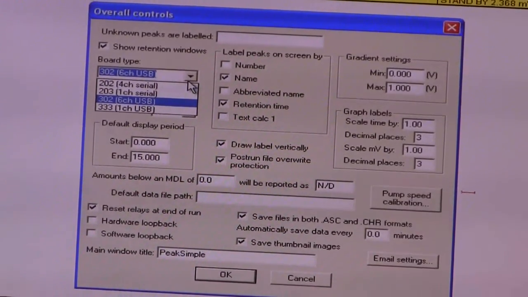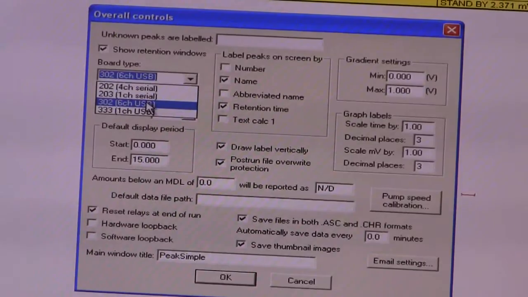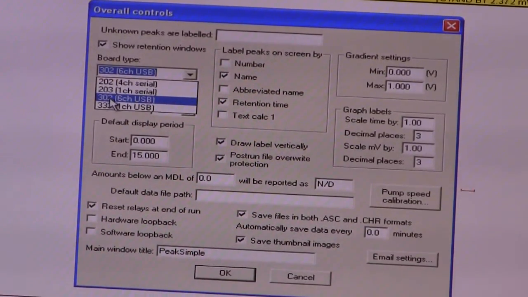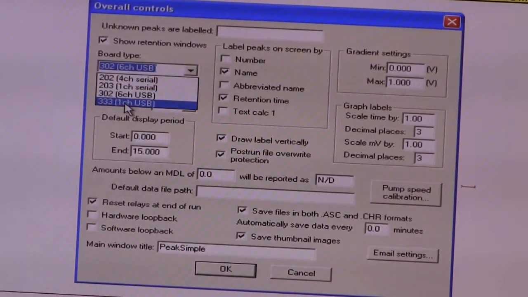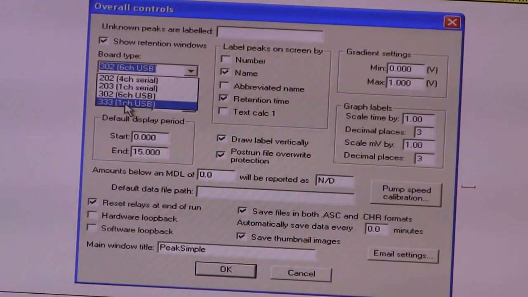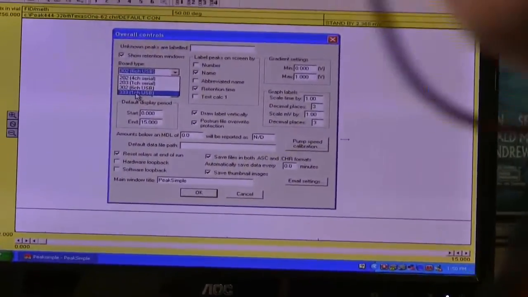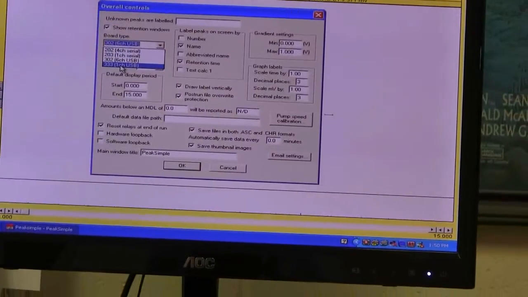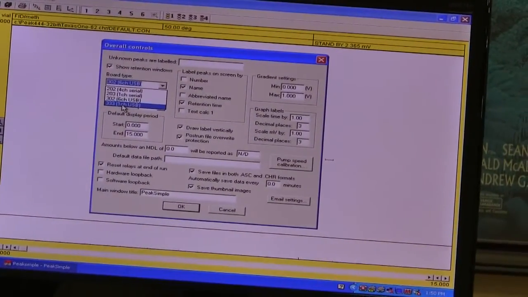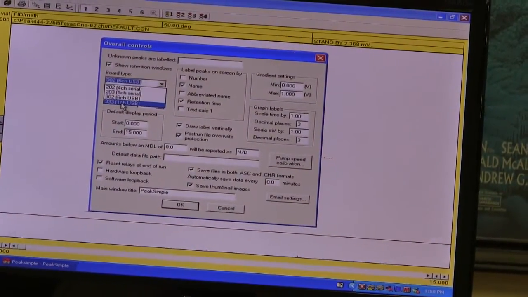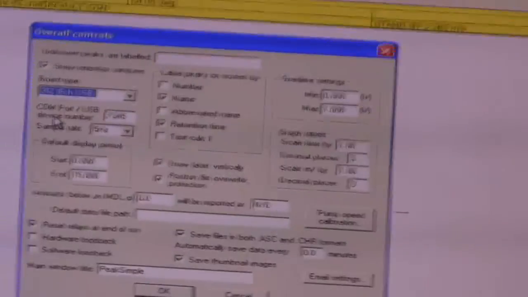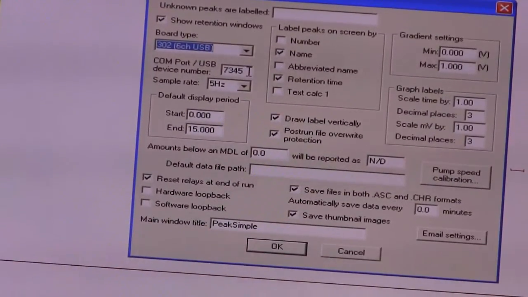So if it's a new GC, it's going to be a USB type of connection, and there's only two choices. It's going to be the 6-channel type or the 1-channel type. So that is also printed on the side of the GC. There's a little sticker here that tells you what kind of A to D board you have, but it's not that hard to figure out, because if the number is less than 5,000, then it's the single-channel board. If the number is greater than 5,000, then it's the 6-channel board. So if it's the 6-channel board, you select the 302 6-channel USB, you plug in the USB device number, and